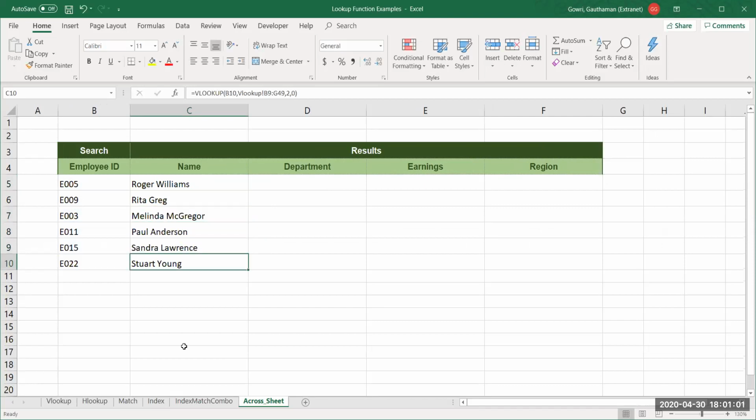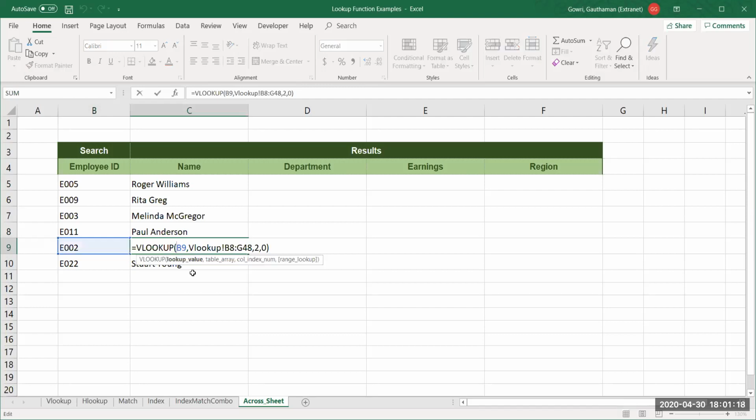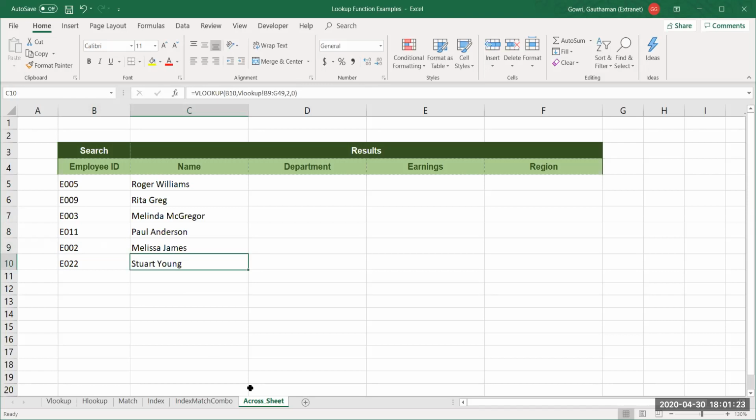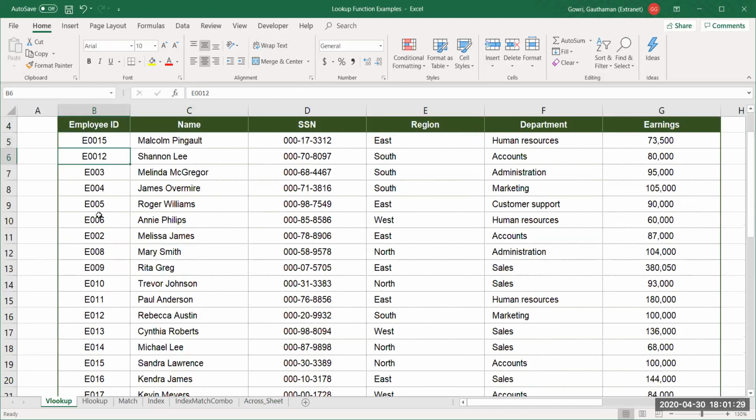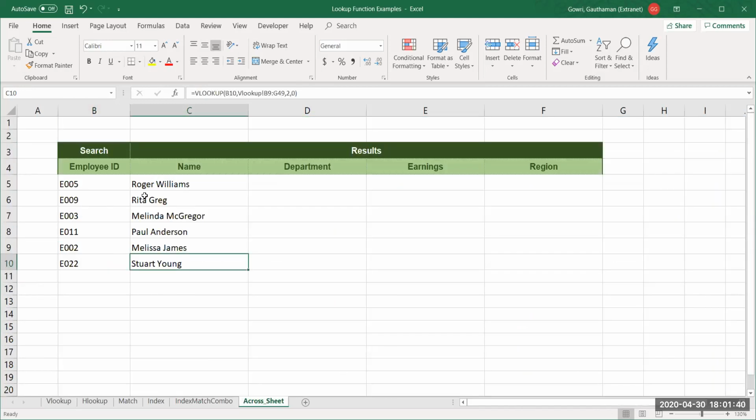But we don't require this. Currently, it is working for you because these values are still in the selection that we have given. Suppose I gave a value something like this, E002 over here. It's still working. Great. So let's go back to the sheet and check. You see, cell selection will move like this. Let me give E0015.